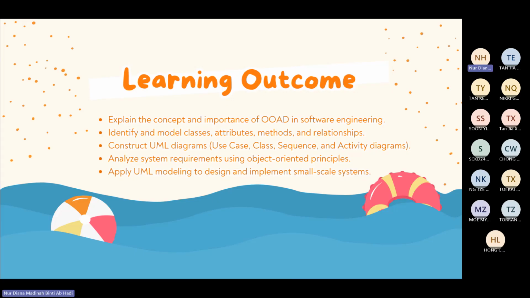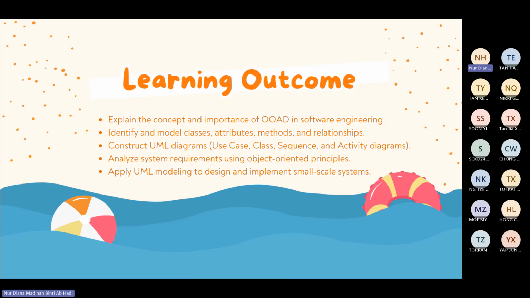We have 4. What are they? Encapsulation, abstraction, polymorphism, inheritance. So what are the acronym of these 4 things? Co, in, dip. Okay? Next, you need to apply your UML modeling to design and implement in small scale system,